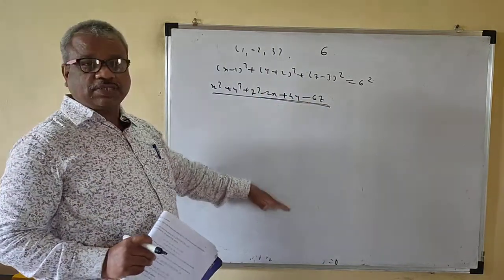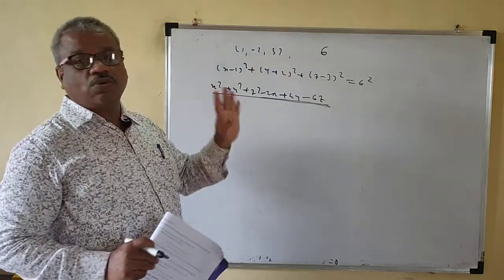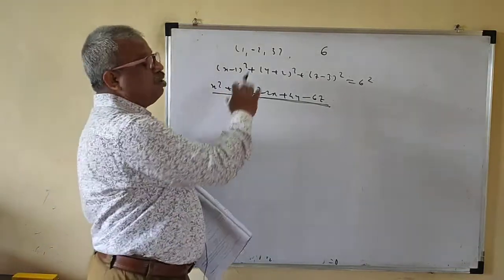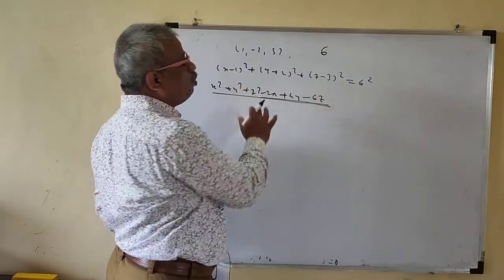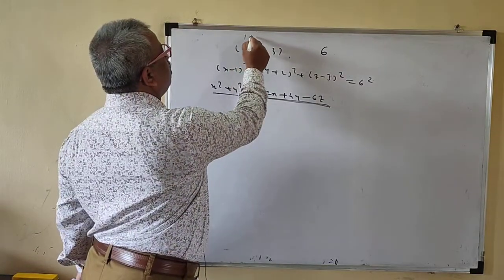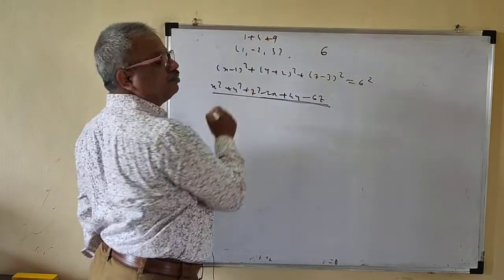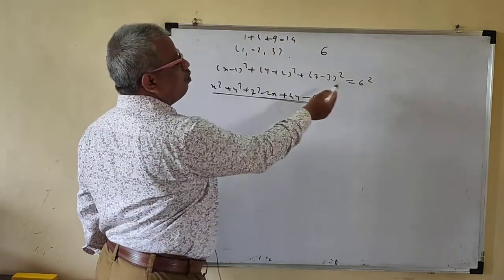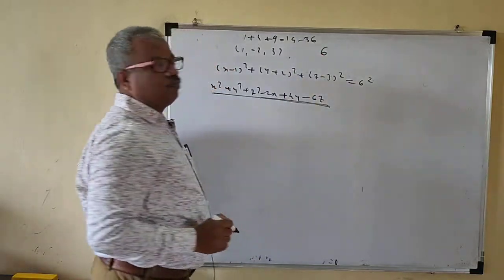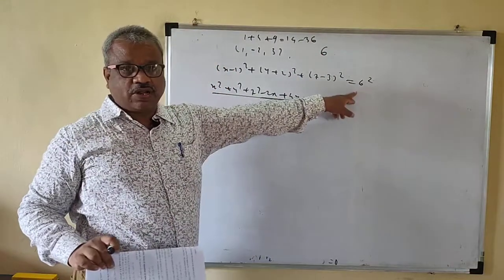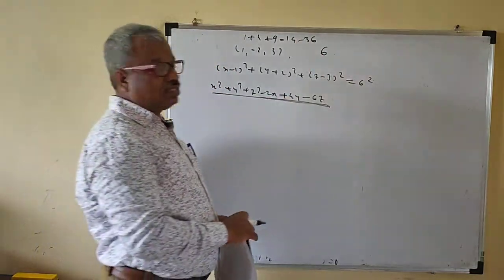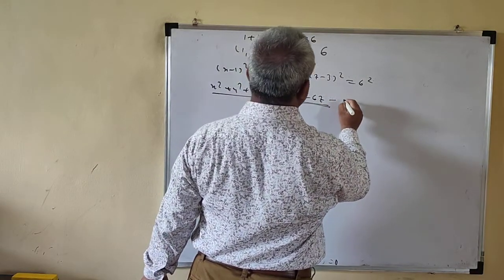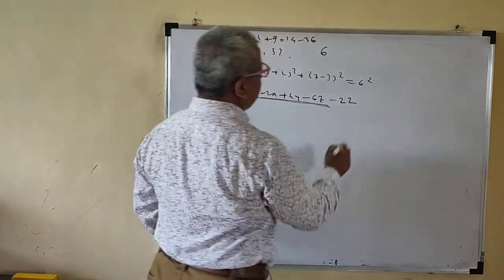Okay. So if all options are like this, then we only have to collect the coefficients. That means the squares of these: 1 plus 4 plus 9. So this is 14 now. 14 minus 36, you have to subtract the square of the radius. 14 minus 36 is what? Minus 22. Minus 22 is equal to 0.